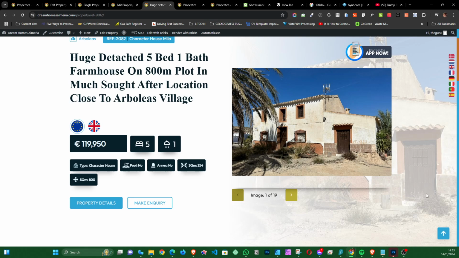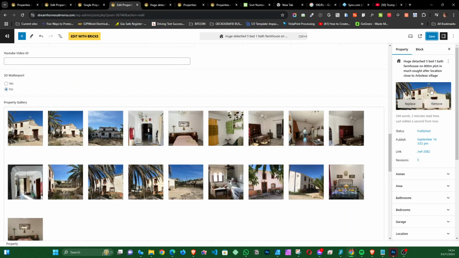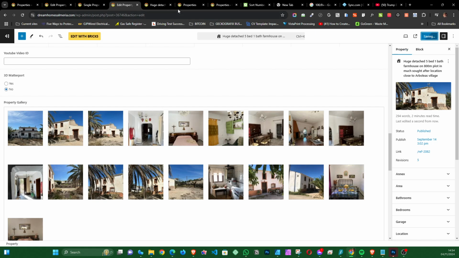It just helps to break the page up a little bit. So whatever your featured image is and you want the first slider image to be the same, then you just need to organize it. If we put this one in there and we press save,